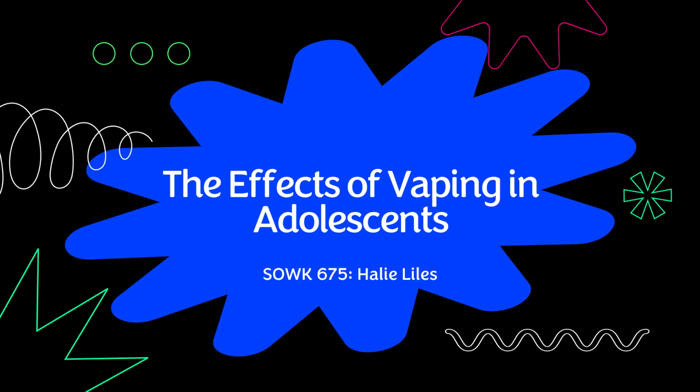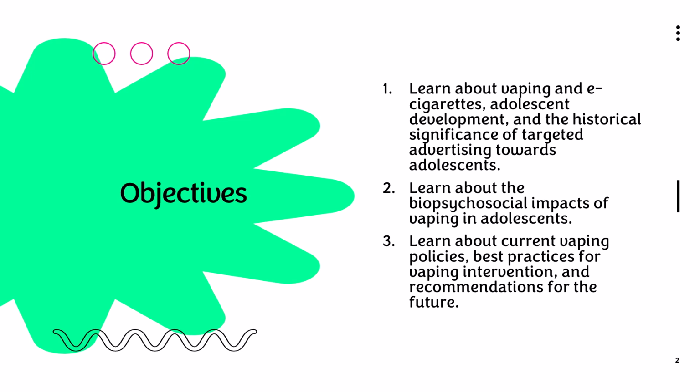All right, everybody. So we're going to be going over the effects of vaping in adolescents today. Our objectives for this presentation are: learn about vaping and e-cigarettes, adolescent development, and the historical significance of targeted advertisement towards adolescents and how that impacts adolescent vaping. Number two, we're going to be learning about biopsychosocial impacts of vaping in adolescents, and then we're going to be learning about the different vaping policies in the United States, best practices for vaping intervention, and recommendations for